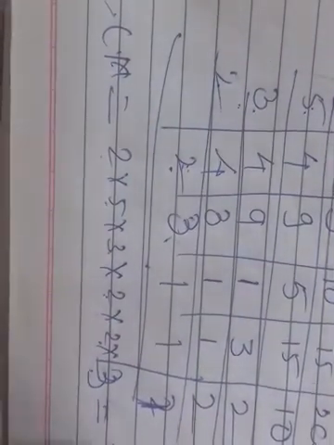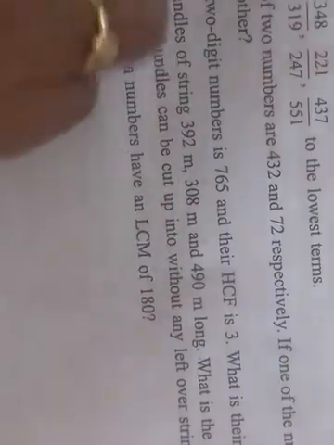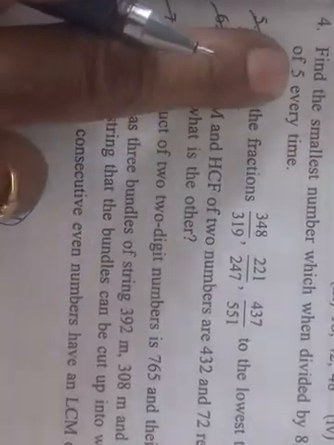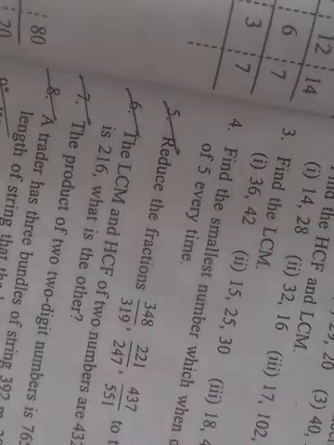So we got 360 as the number, and they said the remainder is 5, meaning when you divide by each number, the remainder should be 5 every time. So to 360 I have to add 5, and I get 365. And if you check each and every number, you should get a remainder of 5 only. This way you have to solve it.